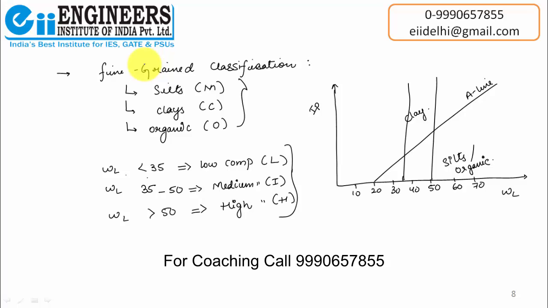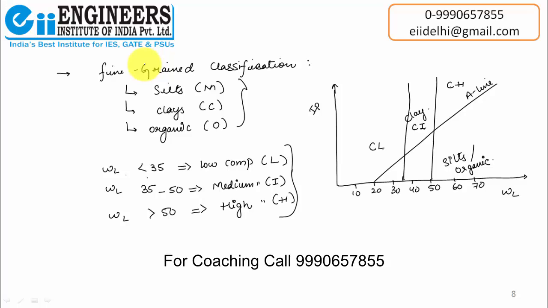All the soils above the A line are clay. So, for this region, I will write CL, that means clay of low compressibility. This region will be designated as CI, clay of medium compressibility, and this as CH, that means clay